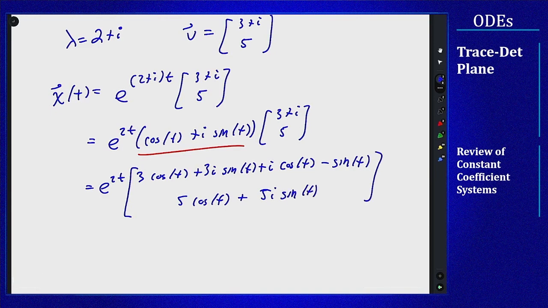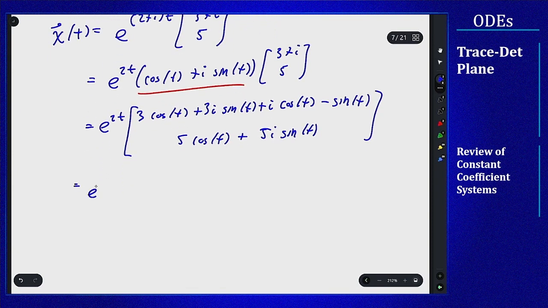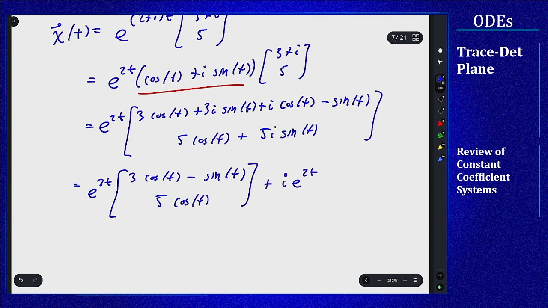And then I can group the parts that do have an i from the parts that don't. The ones that don't have i give e to the 2t times (3 cosine of t minus sine of t, and 5 cosine of t on the bottom), plus the parts that do have an i, still e to the 2t times (3 sine of t plus cosine of t, and 5 sine of t on the bottom),